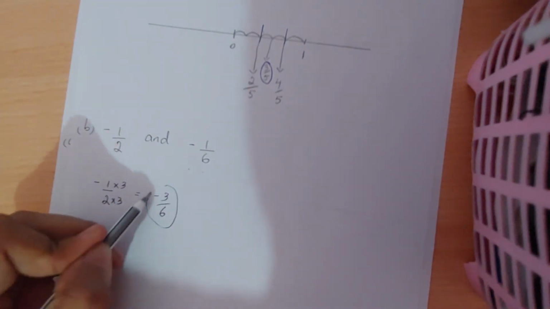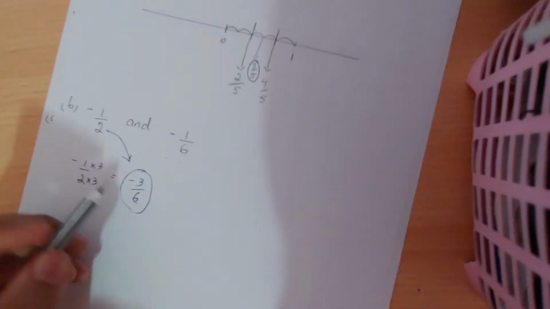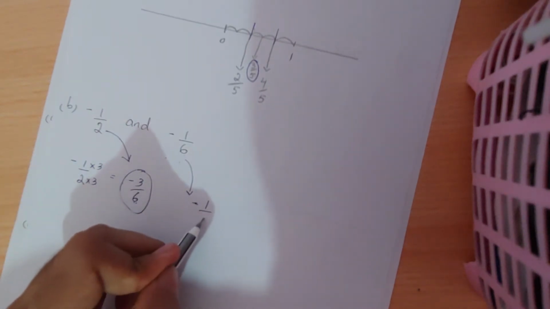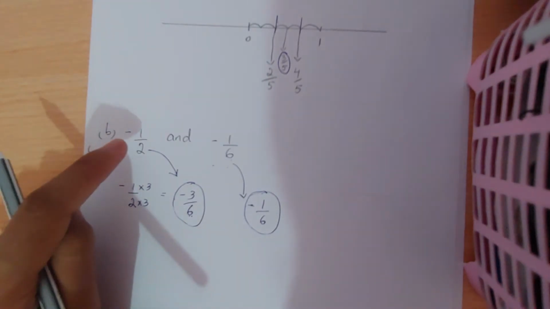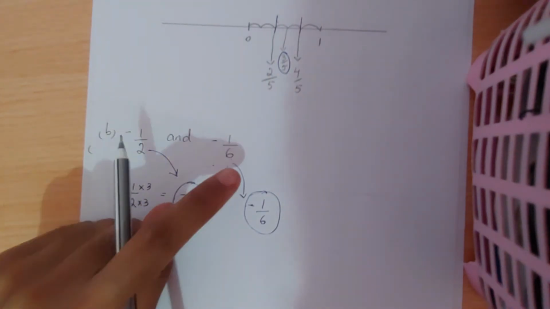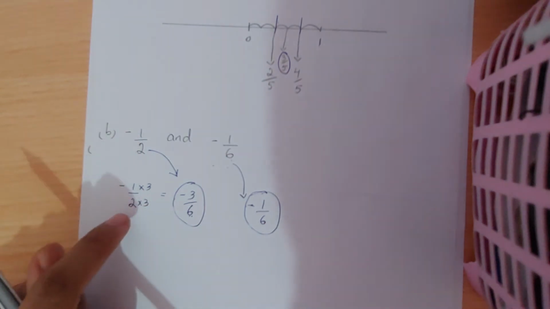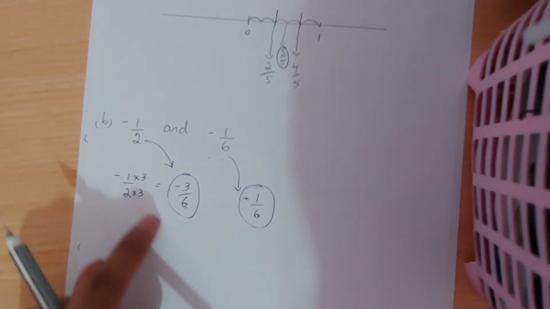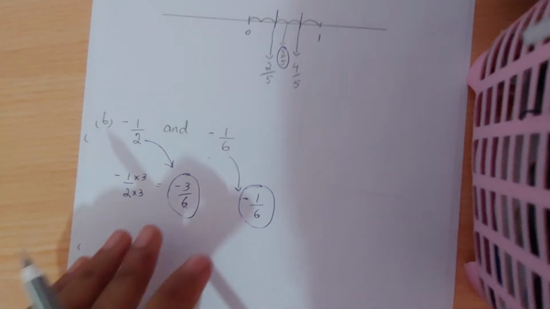Okay? I have this one. So it has the same base as this one, and therefore I will have minus 1 upon 6, which is just here. So what do we do here? We put both on the same base, that is, we take the LCM, therefore 2 times 3, that gives you 6. Okay? So I need to find the rational number which is exactly between